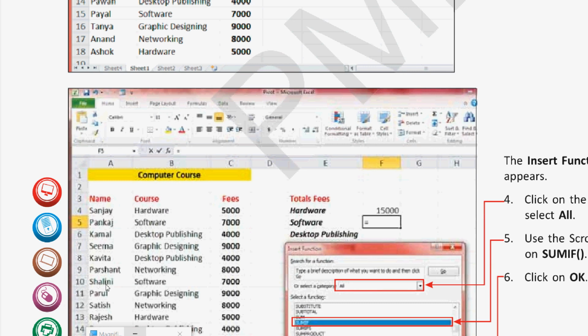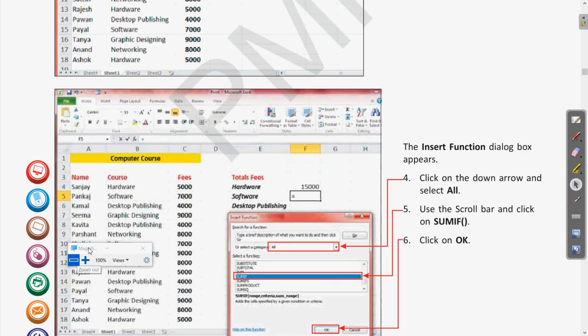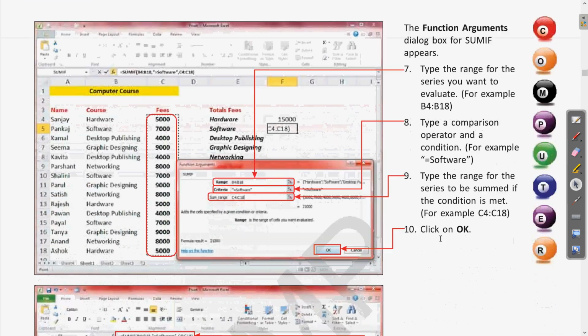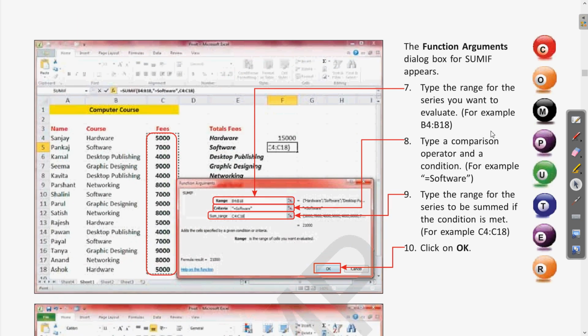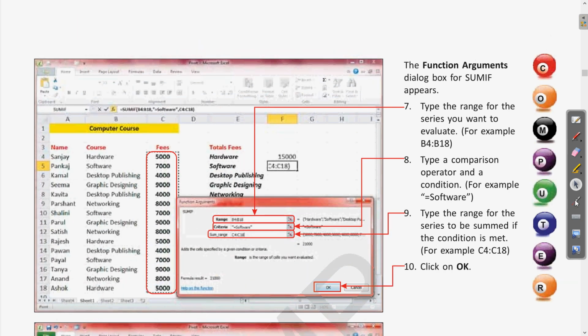Okay, now we can decrease the magnifier. So here we have clicked on the sumif and then click on the OK. Then this new dialog box appears, that is the function argument. Till where we have seen, then step number 7, the function argument dialog box for sumif appears.